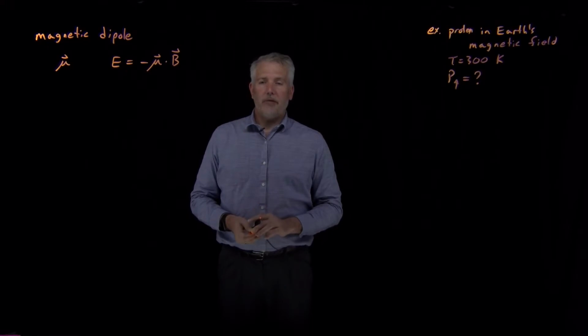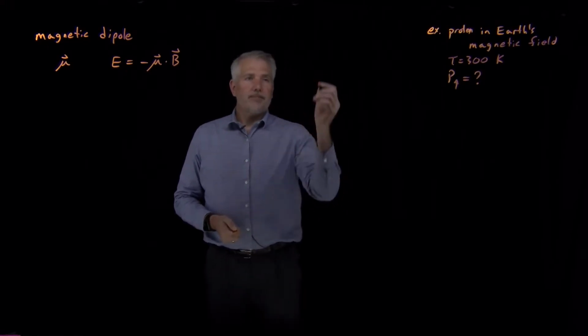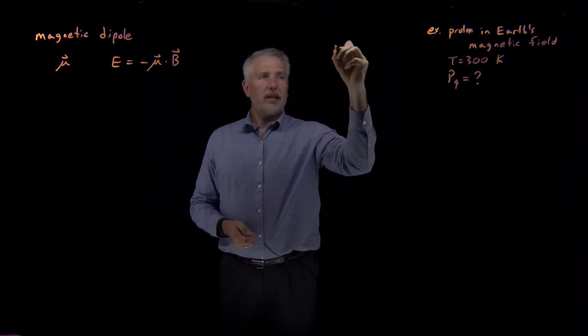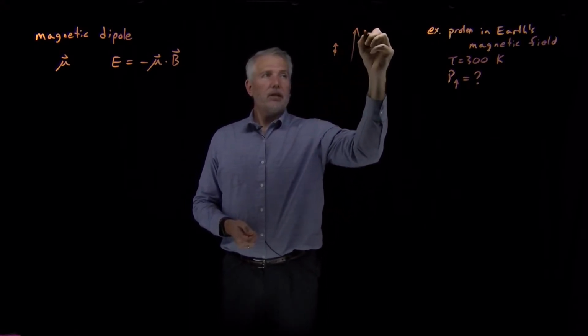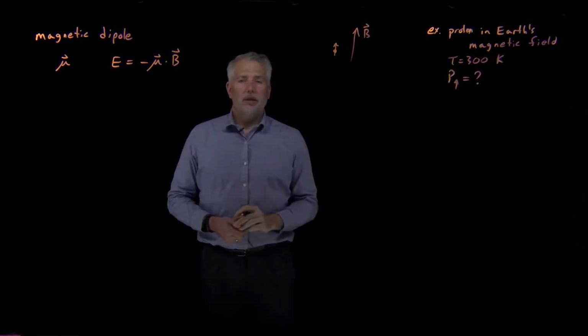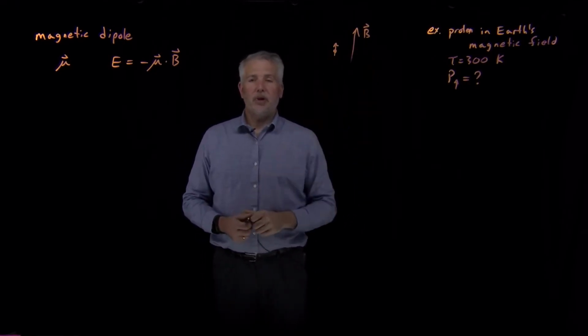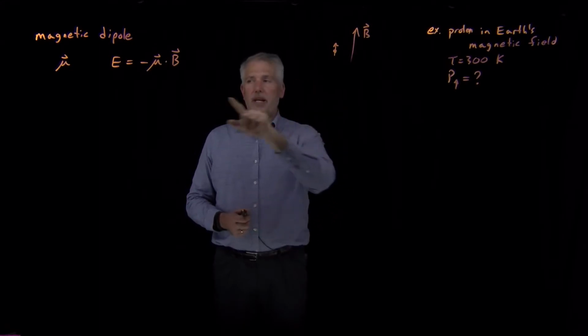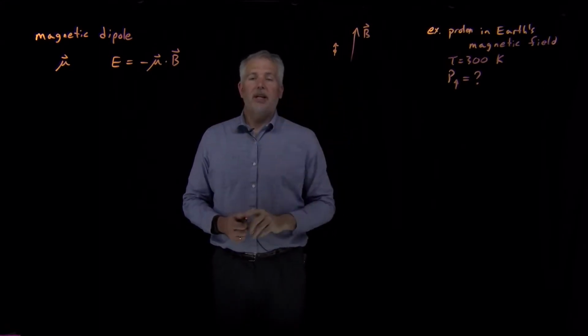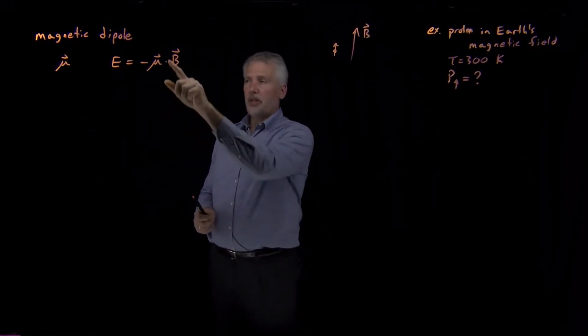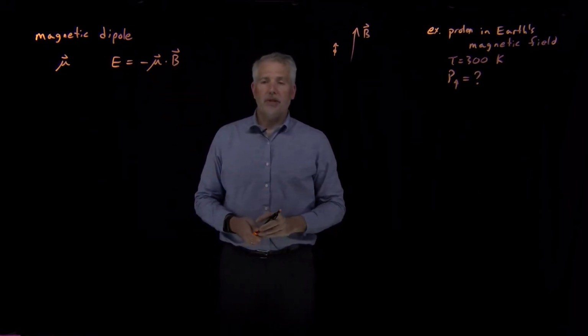So let's say we have some nucleus with some particular magnetic dipole, and we place a larger magnet nearby so that this nucleus experiences a magnetic field. Then the energy of this nucleus in that magnetic field is given by this expression, and the spin quantum number tells us the allowable values of